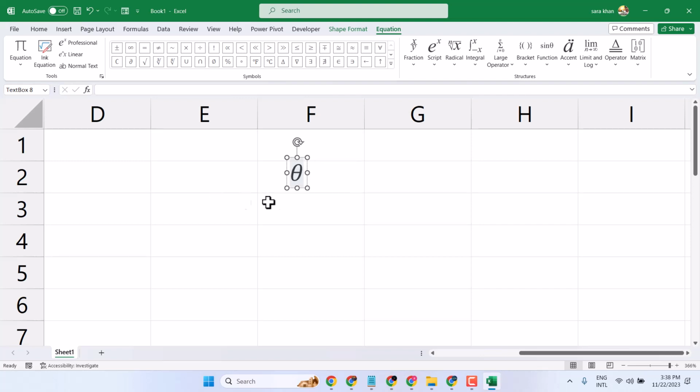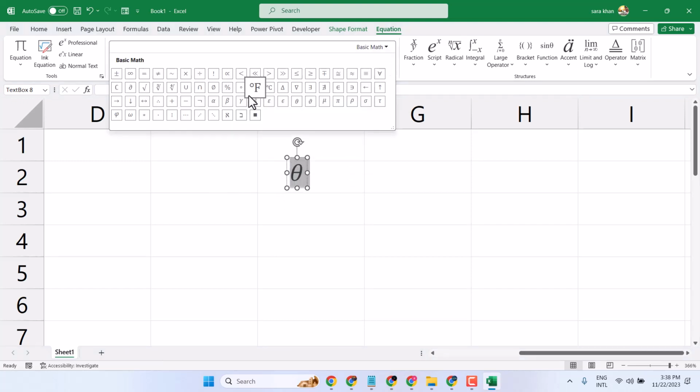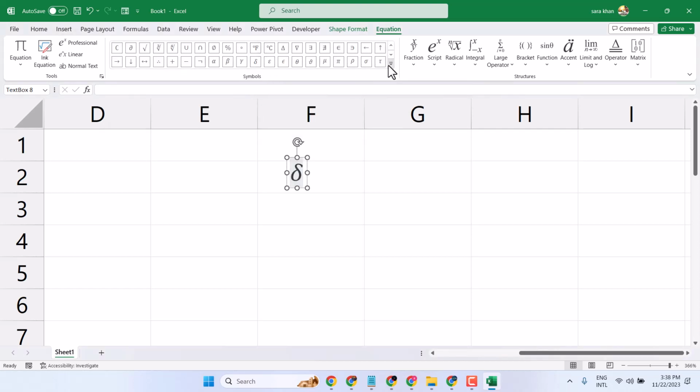That's it. Thanks for watching. Also, you can select this delta symbol manually from here, and also